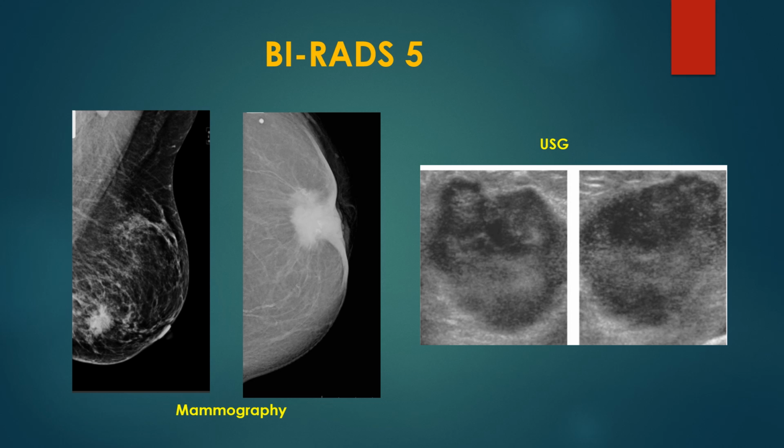Coming to BI-RADS 5 lesions, you can see that in this mammograph there is an irregular lesion here. The margins are very irregular, and it is located in the glandular plane here, and there is another irregular lesion under the areolar region. You can see that it is infiltrating the nipple, and there will also be retraction of the nipple along with thickening of the skin. This is on ultrasound. You can see a very irregular lesion. They can have calcifications, grouped calcifications, a branching pattern, or linear calcifications.